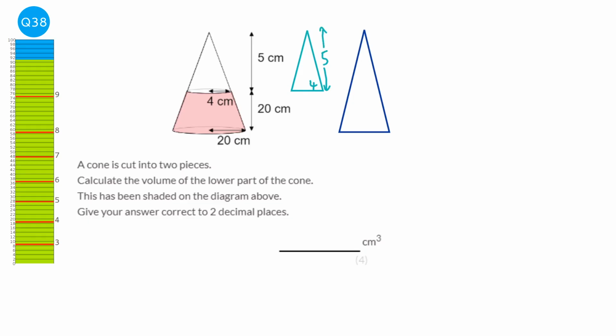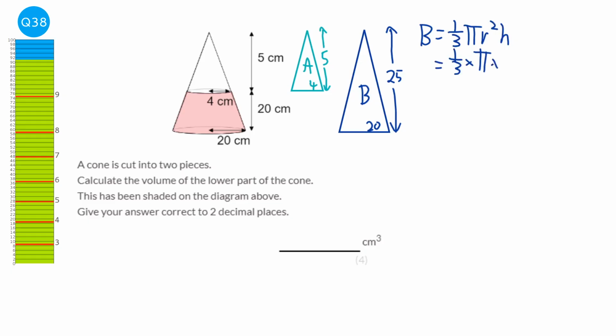And the radius for the larger cone is 20, and the height is the 20 plus the 5, so it would be 25. So I'm just going to label them A and B. And so why don't we work out the volume for B first? And the formula for the volume of a cone is 1/3 pi r squared h, with h being the perpendicular height. So it's 1/3 times pi times 20 squared times 25, which is going to be